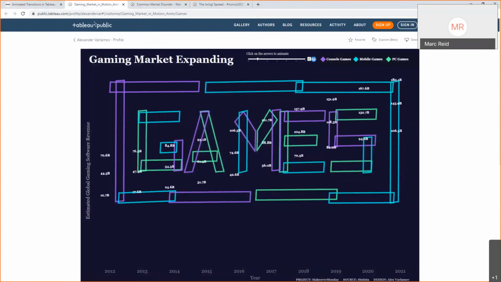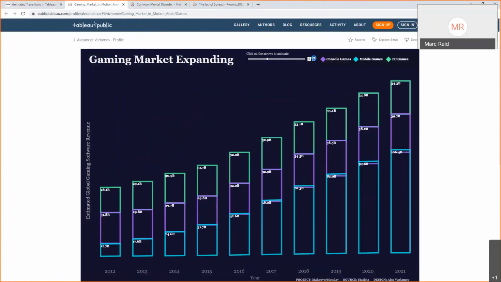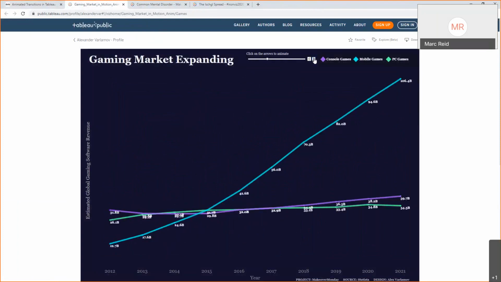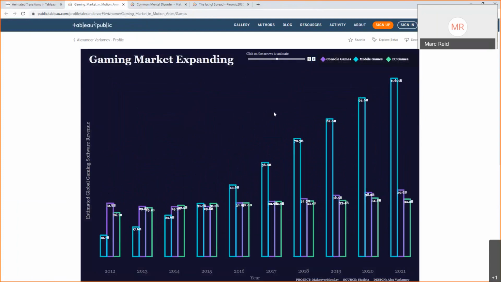As you move the parameter here, you can see we're going from the stacked bar, and then it moves into a kind of a line chart here, and then onwards to other chart types. So again, it's using measures, keeping all the dimensions in the view so the mark IDs don't change, and you get the smooth animation. And you can download this as well from Alex's public profile.